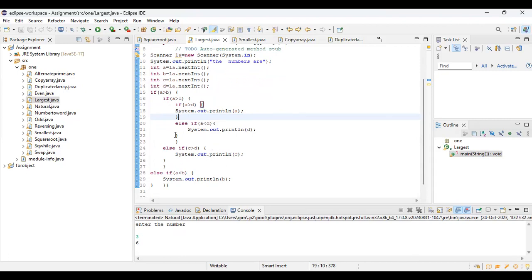It will come out of that particular loop, and it will print the value of C. And again here, if it is greater than C, and it goes for D, and if it is less than D, the value of D is printed, or given as output. And if it is satisfied that A is greater than D, then at that time A will be given as output. So now here